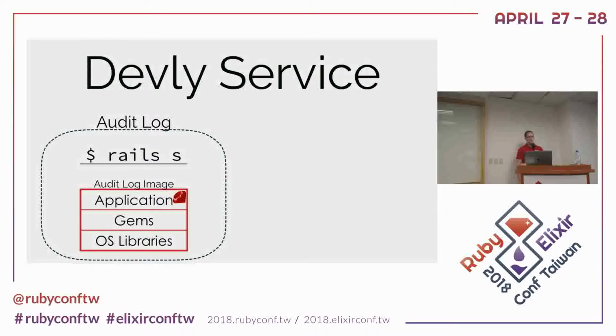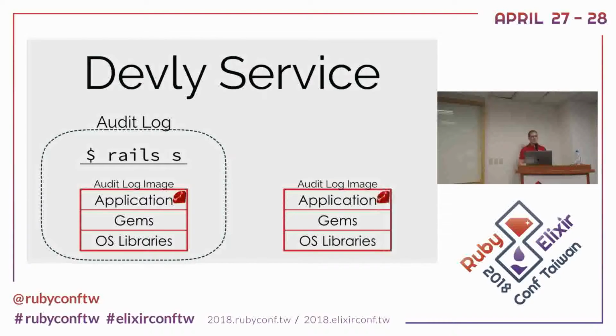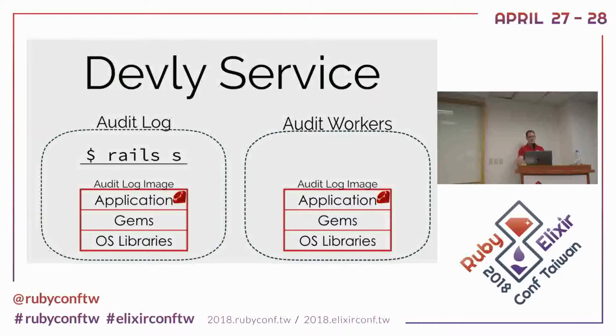The service runs the audit log API, but we also have some Sidekiq background jobs to run. To make it easier to read our logs, let's use a separate service to run these background jobs. Since the background jobs all use the same models and databases as our application, we can use the same image. We create the audit workers service, but we run the Sidekiq command instead of the Rails server command in the